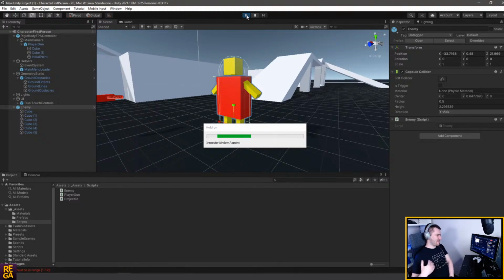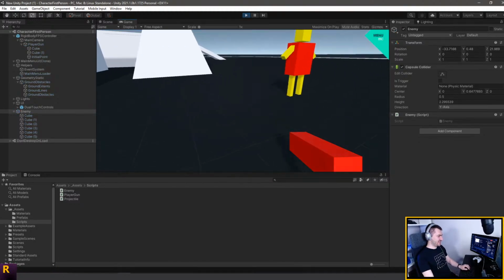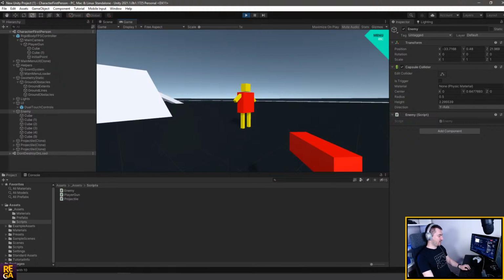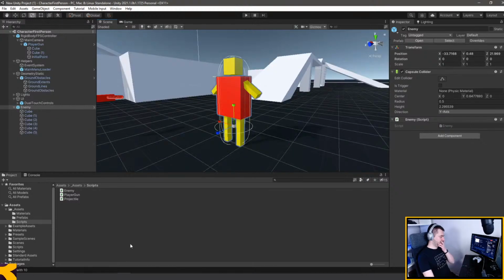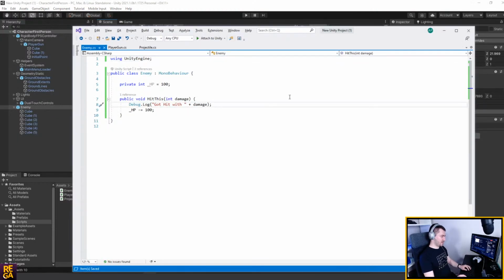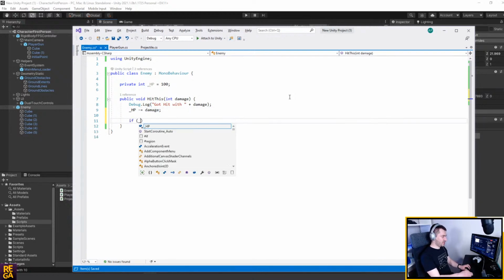Yeah, but I'm looking at them all the time, so let's see if it works. Let's see. So it got hit with 10, so the enemy gets hit, so that's nice. So let's see. Oh, wait a second, it needs to get hit with the damage. And if HP